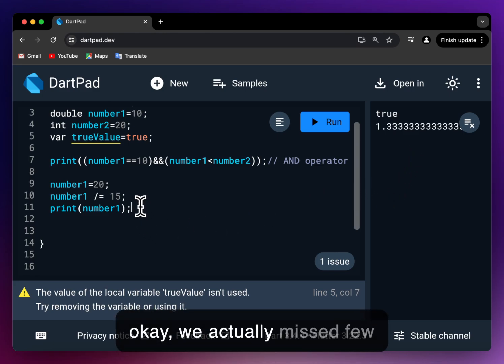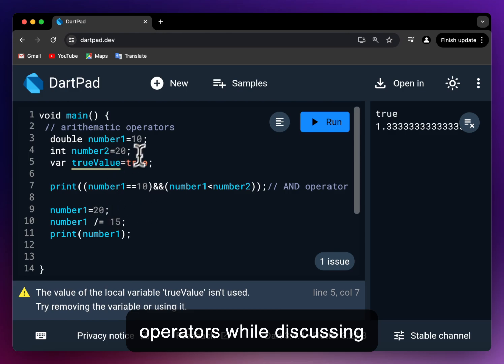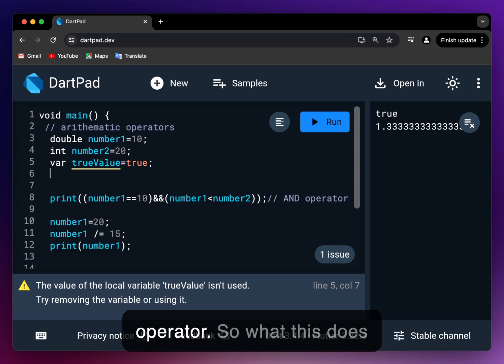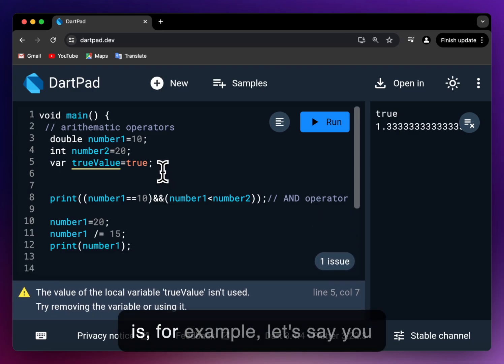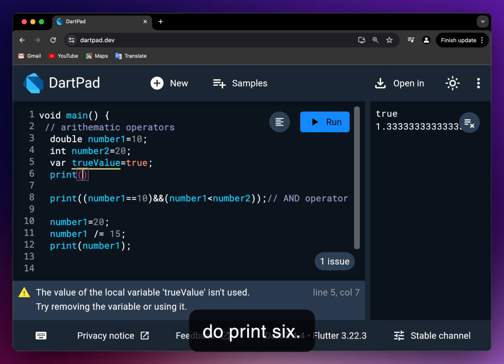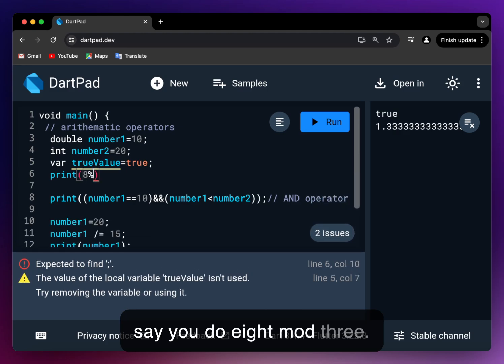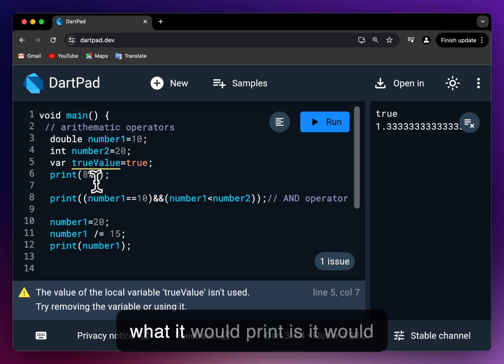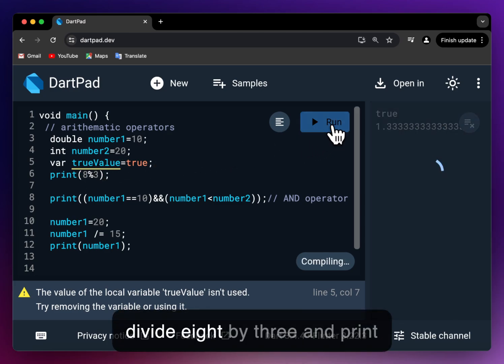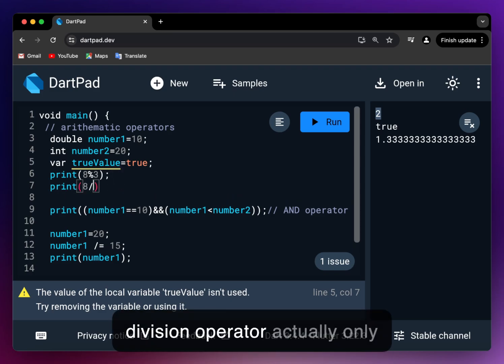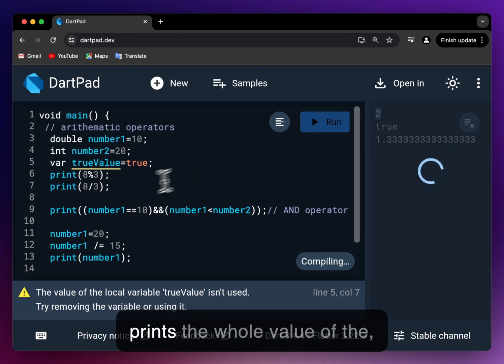And okay, we actually missed a few operators while discussing the arithmetic ones. You also have the, I think it's called a mod operator. So what this does is, for example, let's say you do print 8 mod 3, and what it would print is it would divide 8 by 3 and print the remainder. You see, it printed 2, and the division operator actually only prints the whole value of the,